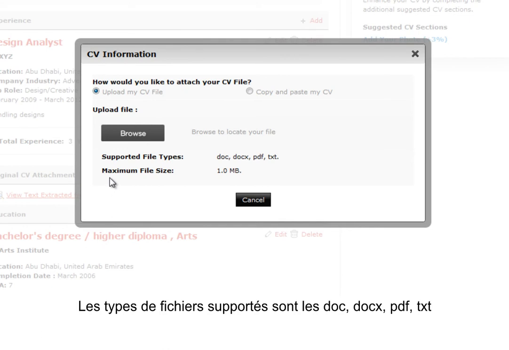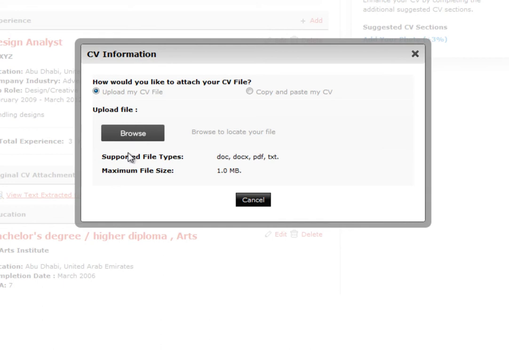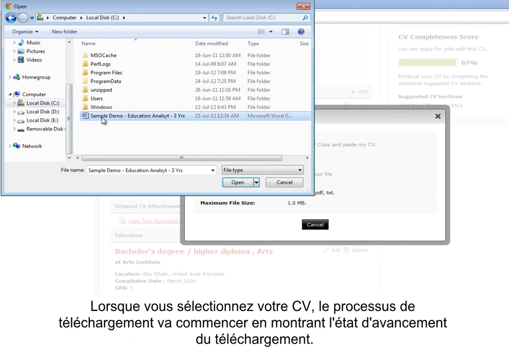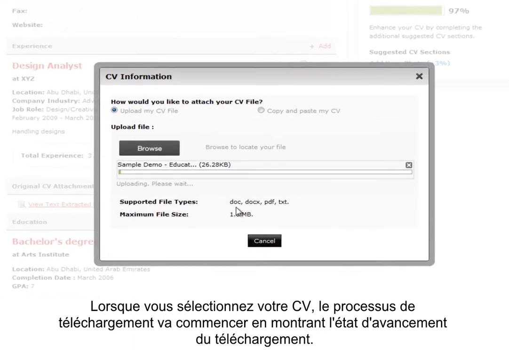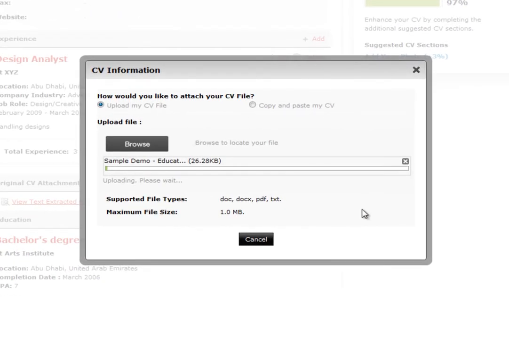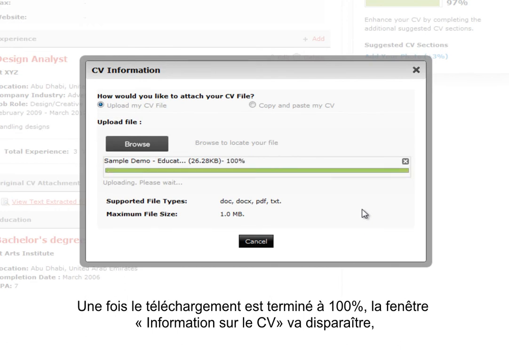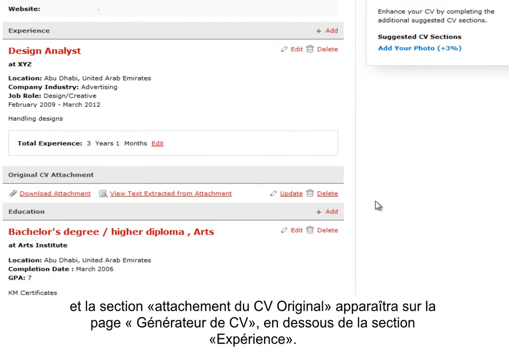Supported file types are doc, docx, PDF, and txt. And maximum allowed file size is 1 MB. As you select your CV, the uploading process will start, showing the progress status of upload. Once the upload completes 100%, the CV information window will disappear, and the original CV attachment section will appear on